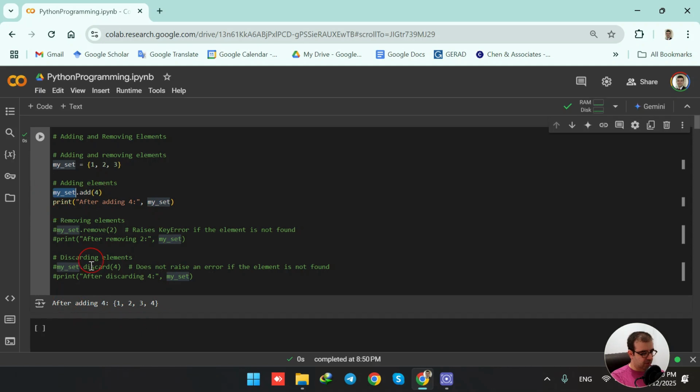So when I run the code, I see this in the output. After adding 4, this message, and then the set is being printed. Now the set has 4 elements: 1, 2, 3, and 4. Previously, it had only 3 elements. So we learned that we can add elements or values to our set. So now we're going to discuss how to remove